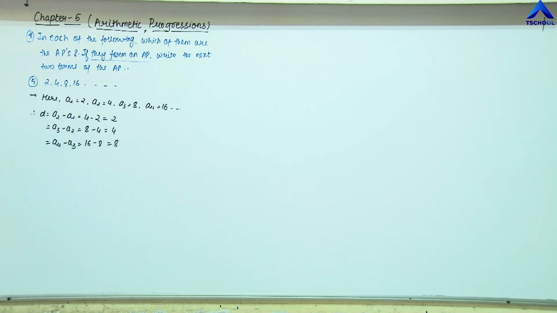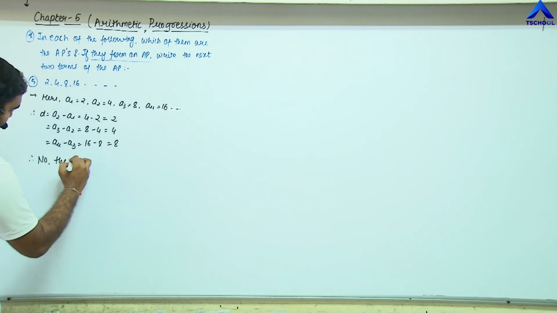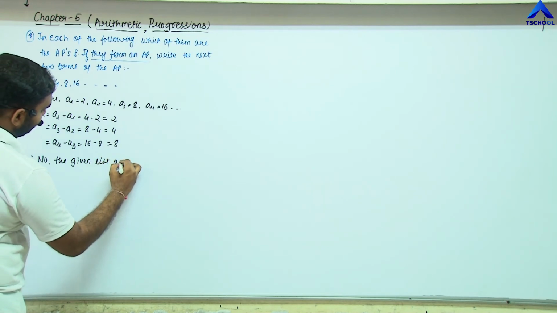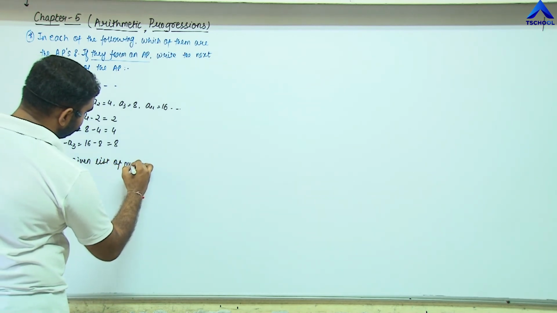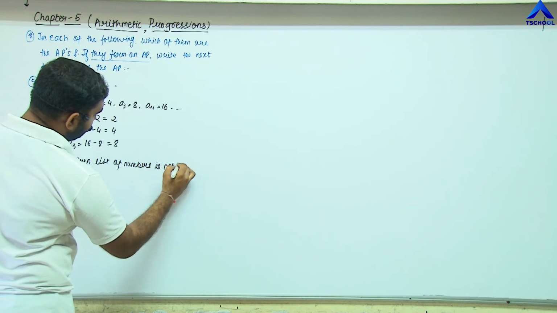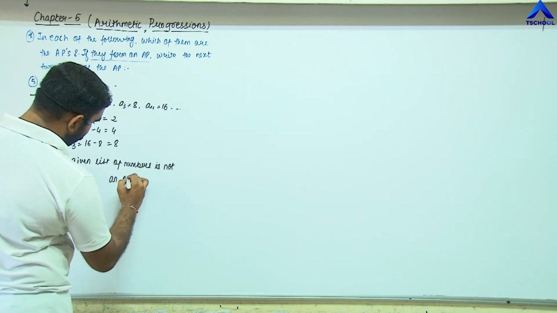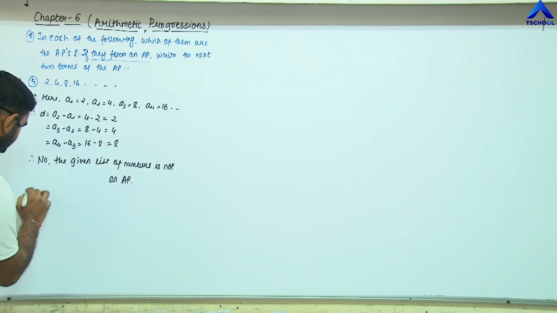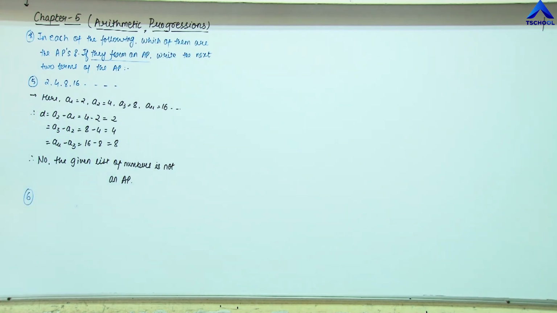Clearly the difference is not the same here, therefore no, the given list of numbers is not an AP, right? The given list of numbers here is not an AP. Then looking for the next one, the sixth one, that is 2,